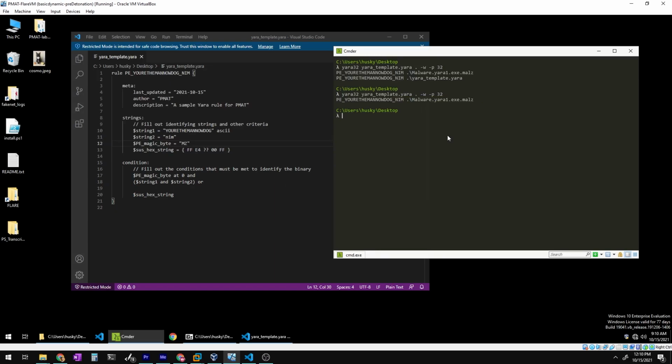So we have covered scanning an individual file. We have covered scanning a full directory. Of course, if you want to scan any particular directory, you can pass it the full path here. So C:\Users\Tusky\Desktop, and it will look in that desktop directory,